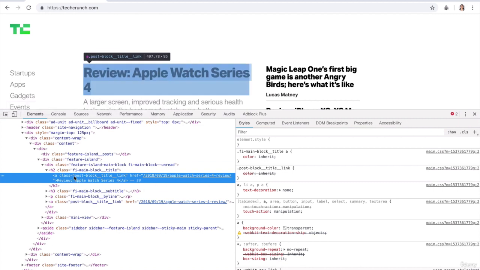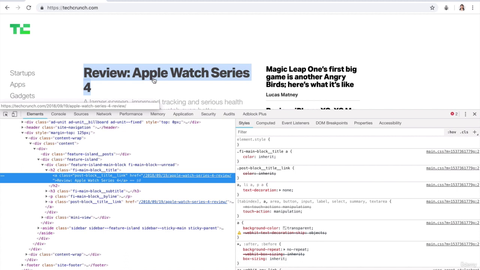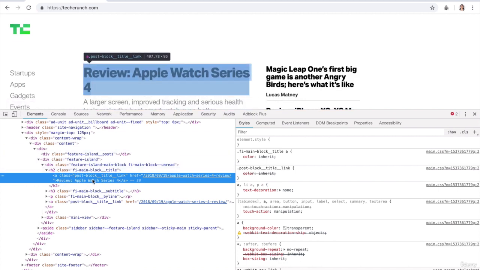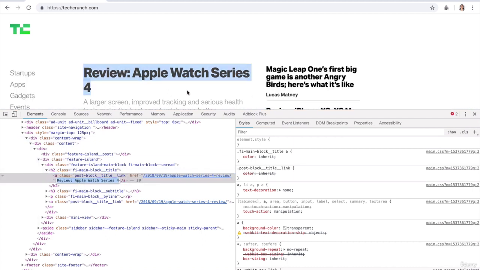And inside this title, you can see that there is a link, which means that when you click on it, it'll go to another web page, but it's also got a bit of text. So right inside Chrome Developer Tools, if you double click on the bit of text that corresponds to the title, you can actually edit it. So let's go ahead and change the front page of TechCrunch. Let's say something like,